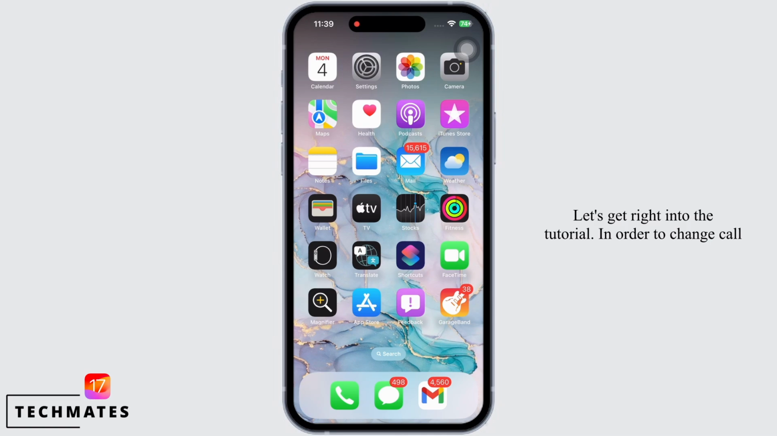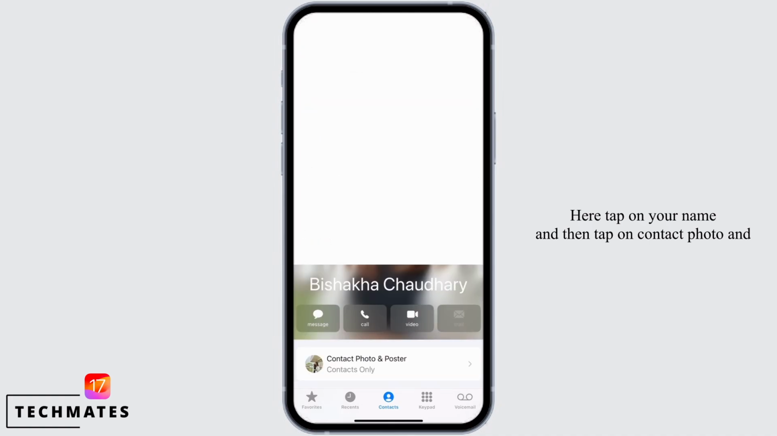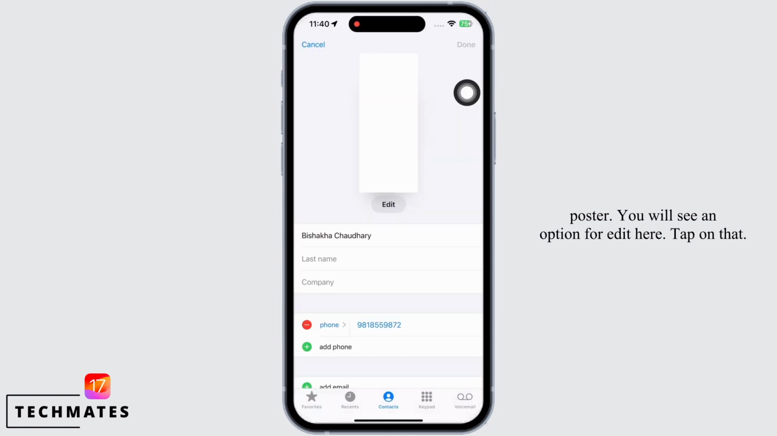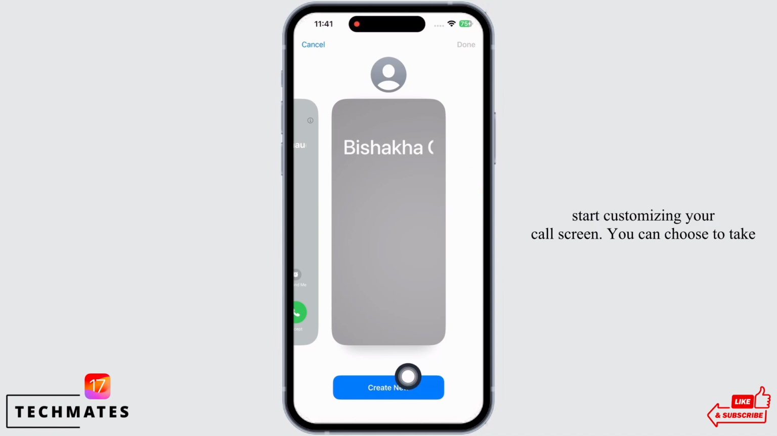In order to change call screen on iPhone, open the phone application on your device and go to Contacts. Here tap on your name and then tap on Contact Photo and Poster. You will see an option for Edit here. Tap on that. You can now go ahead and tap on the Create New button and start customizing your call